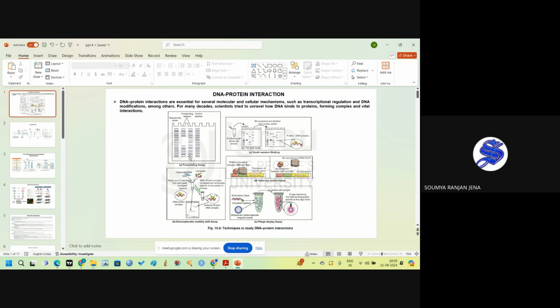Here in the footprinting assay, there is the sequencing ladder, and these are two footprints, and this is the control reaction. How do we find this gap? When the DNA is treated with DNase I, which cleaves these DNA molecules, and